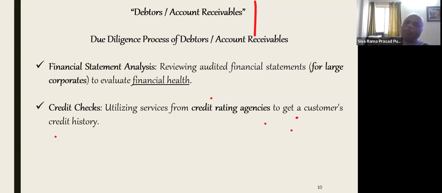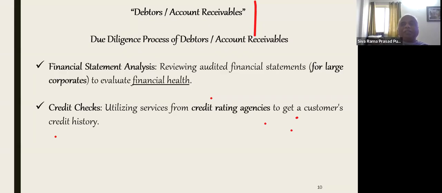Who will pay? Whatever the bill of exchange they have given, file the case and recover that amount. Then automatically it is value maximization. Even if I leave it like that, later the prospective resolution applicant who is going to take the company may recover it. It is like this: if the resolution professional is not bothered about one asset and does not mention it in the information memorandum and hands over the company, later the prospective resolution applicant will take over that asset and use it without paying any money. Like that, debtors and account receivables.